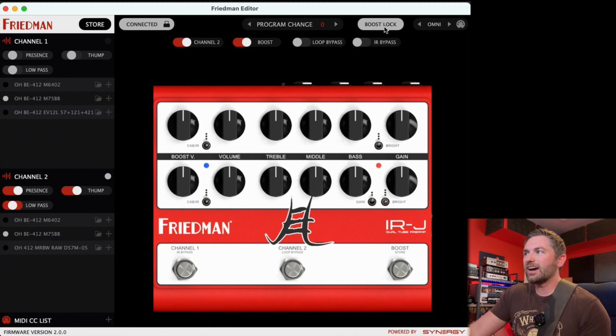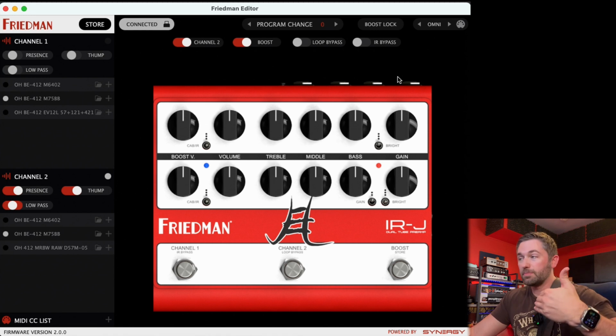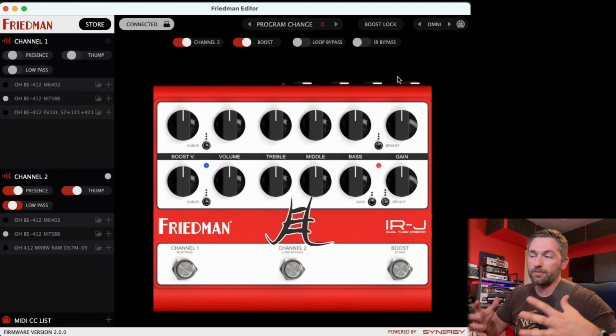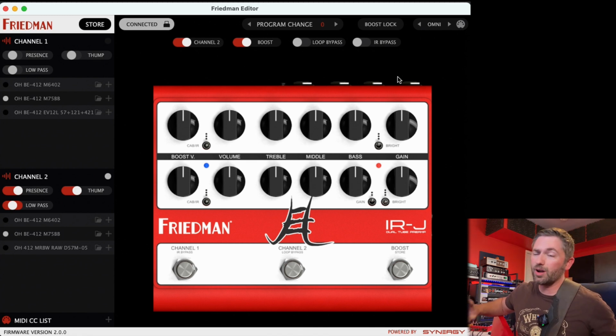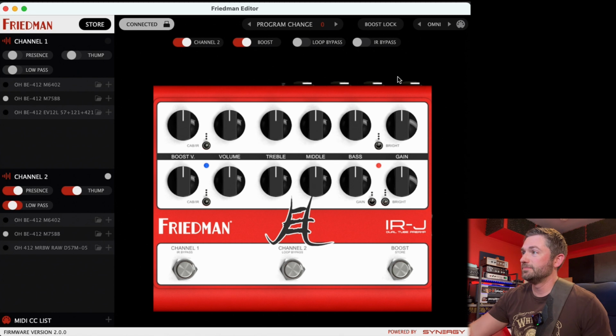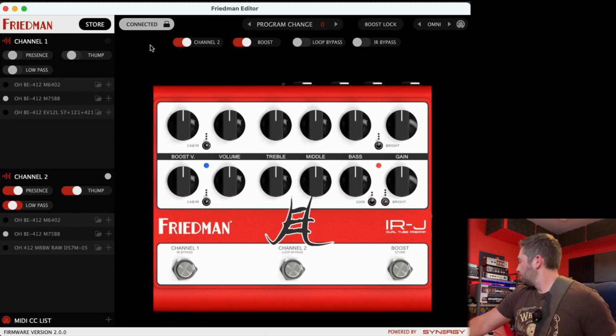So I kind of wish that the boost lock actually locked it into just the channel that you're using, and that it would recall the boost back when you came back to that channel. But again, like I said in my first video, I believe that if you have a MIDI controller, you can probably program it to do that, because MIDI's awesome like that. So, all right, let's go to